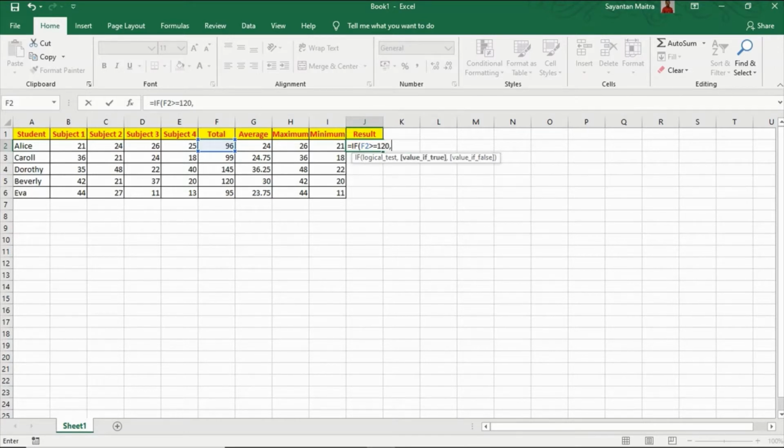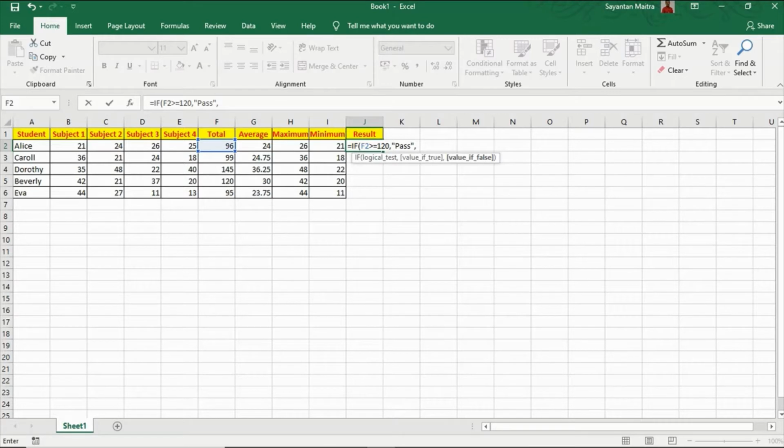Now comes the value if true. What is this value if true? This is the value which Excel will return if the criteria is satisfied. So in this case, if the value is greater than 120, then we want the student to pass. So here I will write pass, again comma.